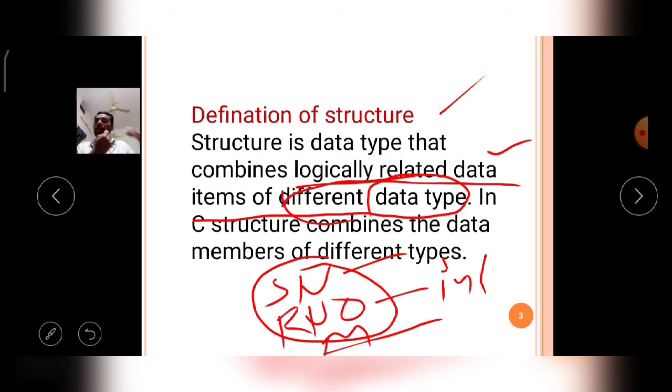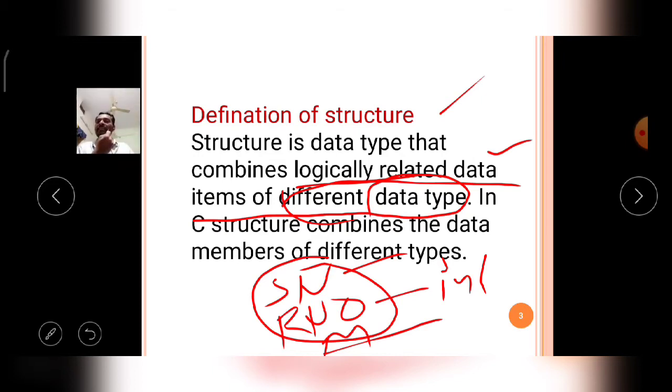The roll number belongs to the integer data type, the name of the student belongs to the string data type, and the marks belong to the float data type. Like that, logically related data, maybe of different data types or the same data type, as members of the user defined data type. If you combine all this information, that is called structures in the C language. This is the definition of the structure.